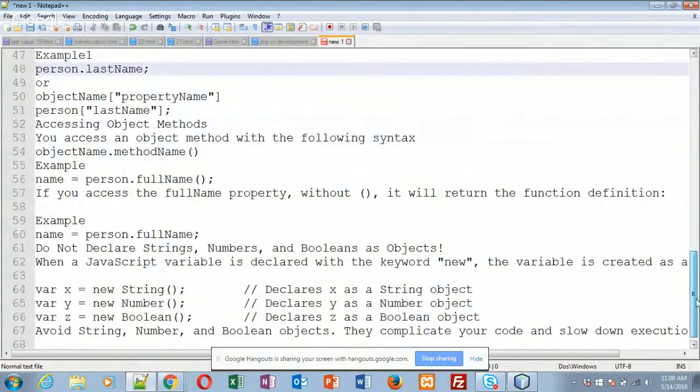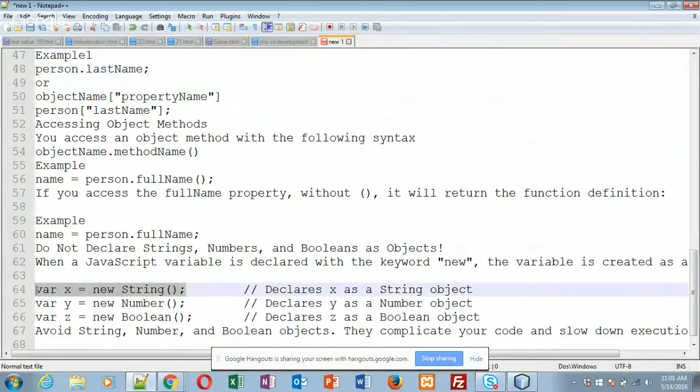Note, we should not declare strings, numbers, and booleans as objects. It makes things very difficult for us. It slows down our execution and complicates our code. But if we should decide to, this is how to change